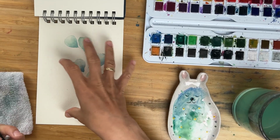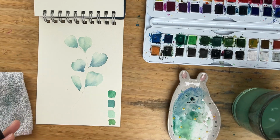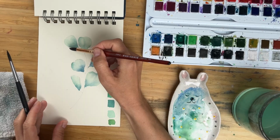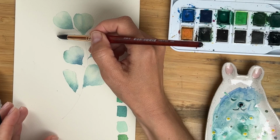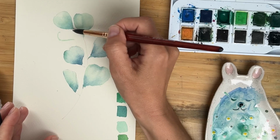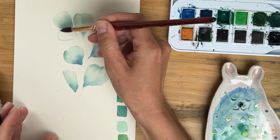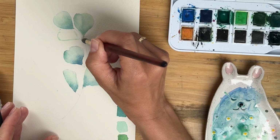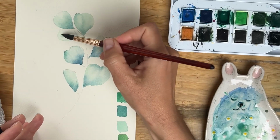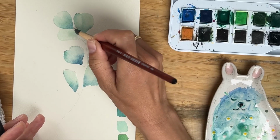Now let's paint a couple of leaves which are underneath. These are the top leaves, and now we are painting what's underneath. What's underneath we can imagine. I like to make outline with very watery mix, basically using my brush loaded with watery mix as my pencil, like this. And then if I like the contour, the outline, I just glaze it with water